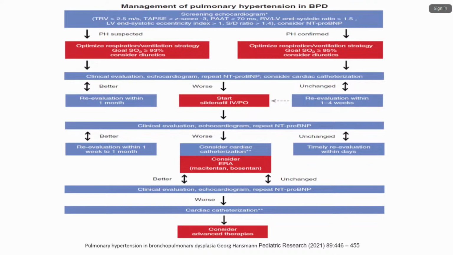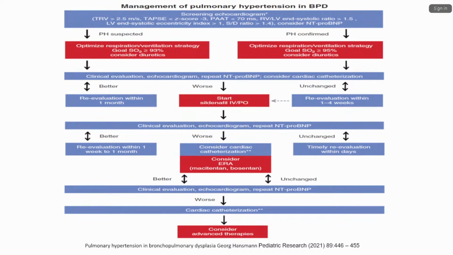Then management. TRV more than 2.5 meters per second, and TAPSE of less than Z score -3, and PAAT ratio, that is pulmonary artery acceleration time, of less than 70, RV by LV end-systolic ratio of more than 1.5, and LV end-systolic eccentricity index of more than 1, and S by D ratio of more than 1.5 considered, and also NT-proBNP. These are the screening